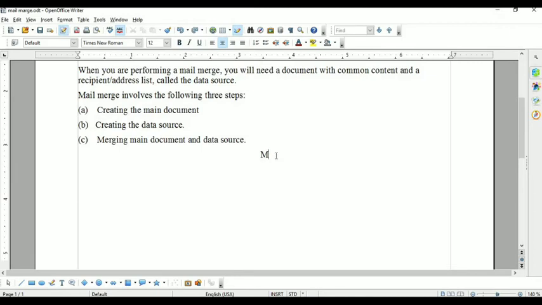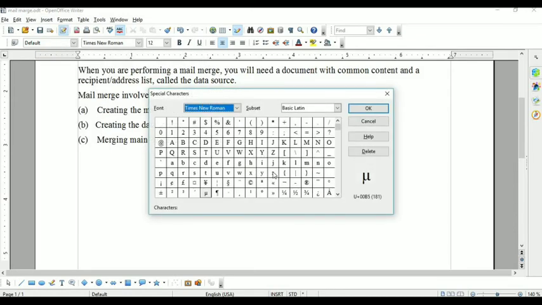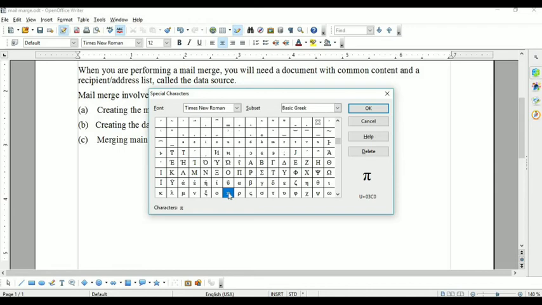Clear? Then suppose you want to insert something else, like the pi symbol. What will you do? Now find your pi symbol. The pi symbol is given here. Either you use this one or this one. Whatever you want to select, you pick it. This is a pi symbol, and then click on OK.